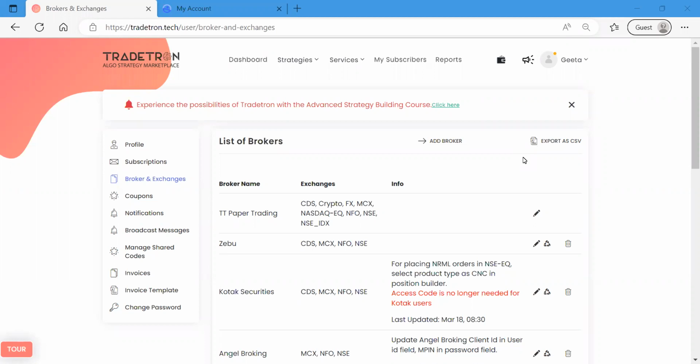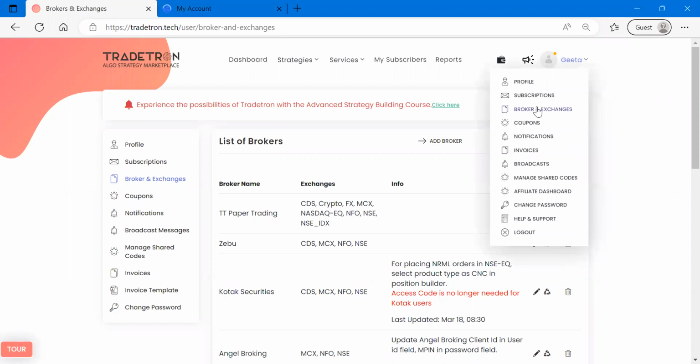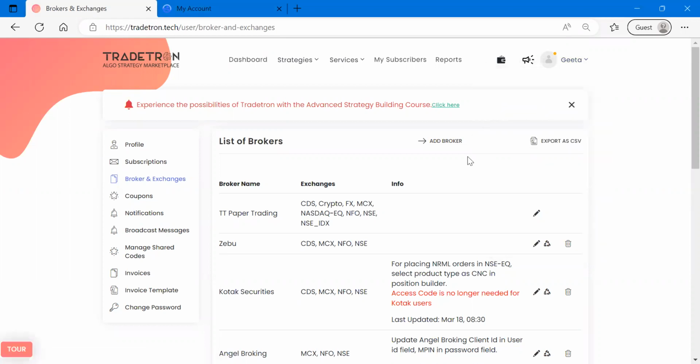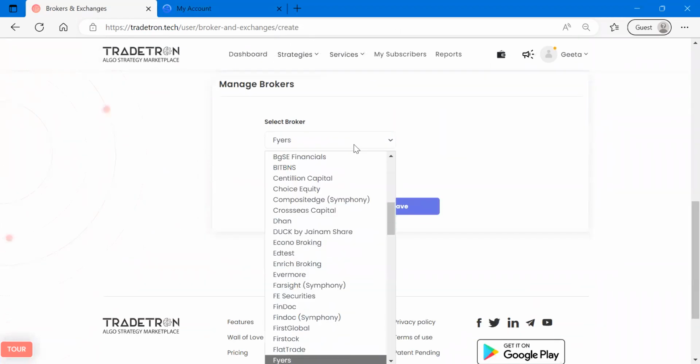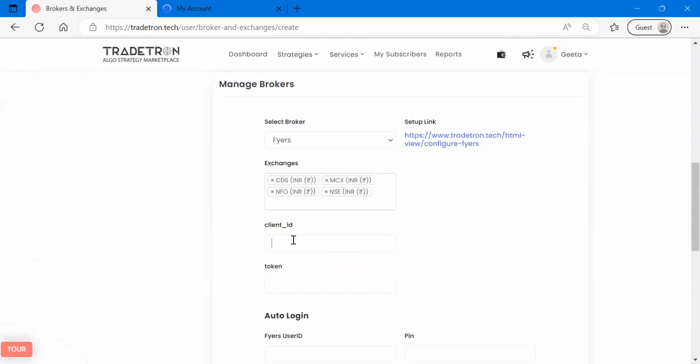For that, open your browser, type www.tradetron.tech, click on sign in. Once you sign in, click on profile name, click on broker and exchange, then click on add broker, scroll down, click on select broker, type Fyers, write your Fyers client ID,